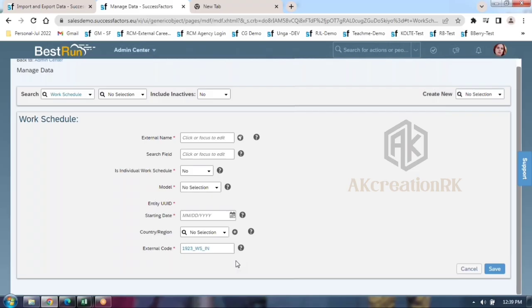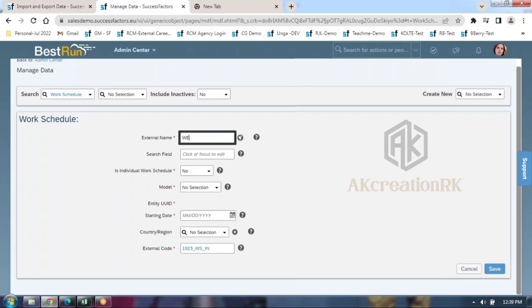Nothing but naming convention, right? Name you can maintain up to 32 characters. More than 10 characters for code is also possible, but beyond 10 you may get a warning message, not an error. So I'll go by 10 characters only here, guys.